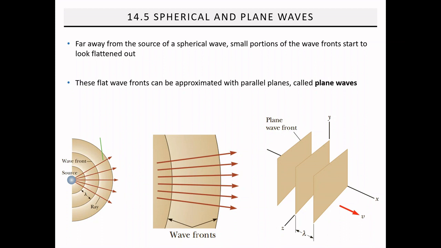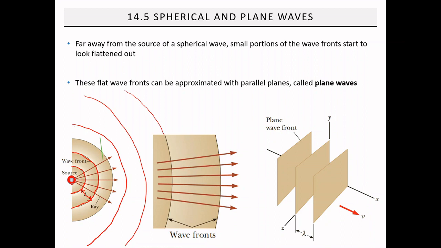Let's take a closer look at these wave fronts at the bottom. We start with a source that's emitting waves in all directions. Those waves we are representing by these wave fronts. The wave fronts, which we depict as the crest of the waves, are a distance lambda apart. They are a wavelength apart. As we go from the left picture to the middle picture, we are just getting further and further away from that source. So as the wave fronts get further and further away,